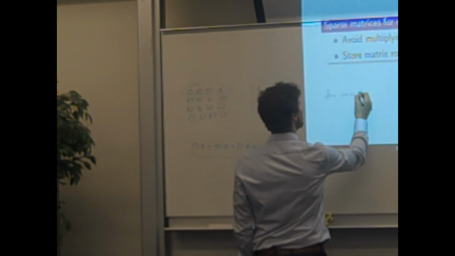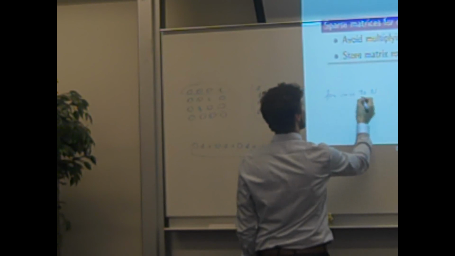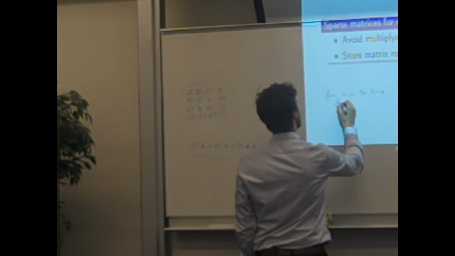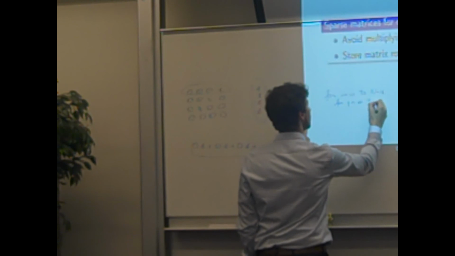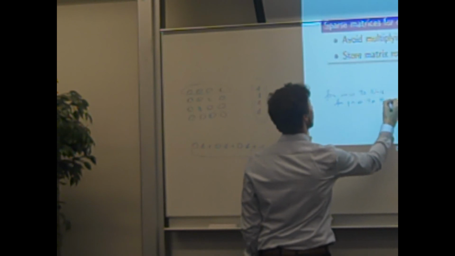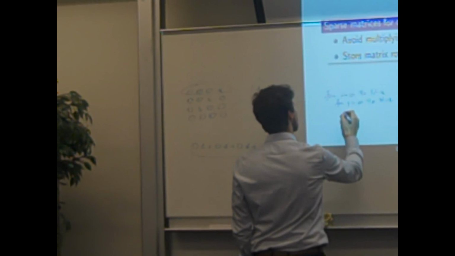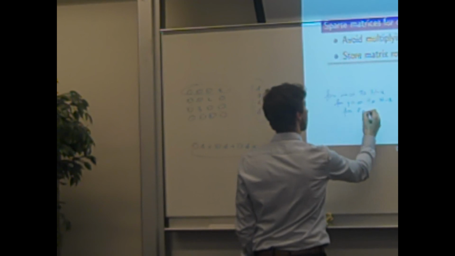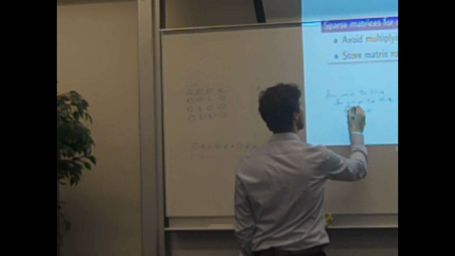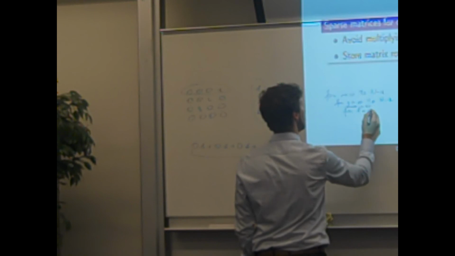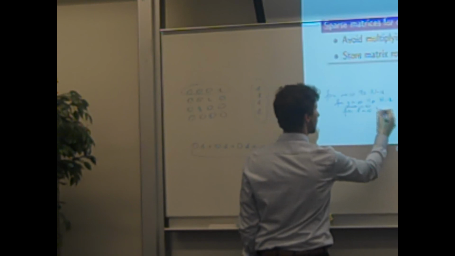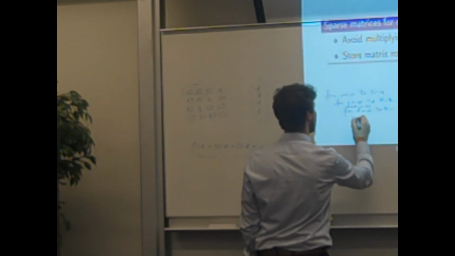For i from 0 to n minus 1, for j equal to 0 to n minus 1, for l from 0 to n minus 1, the sum is incremented by